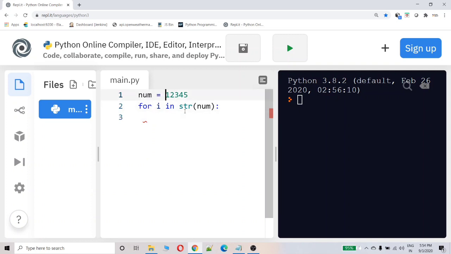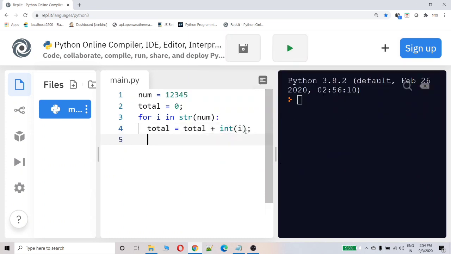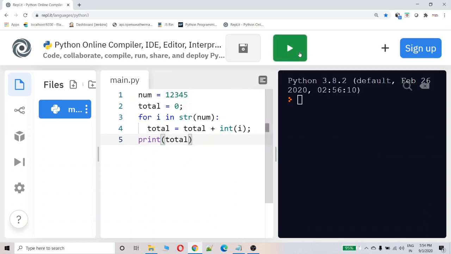So before that, I have to initialize one variable to 0, so that in each iteration, when one of the digits comes from the given number, I can add it to the total. total equal to total plus int of i. Then print total. So 15 is the answer.